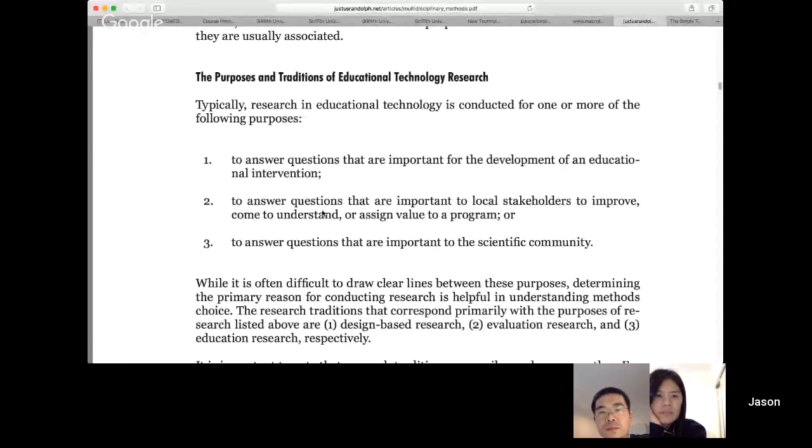Okay, so generally we want to find out questions that help us understand whether or not that new technology should be introduced into schools or into educational environments. There'll also be a whole lot of other questions around who gains benefit from doing that. Say, for example, putting in a learning management system.